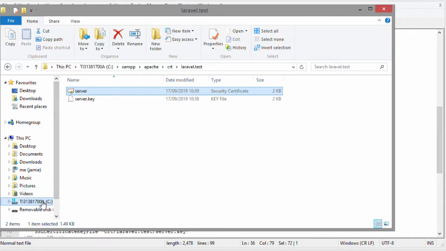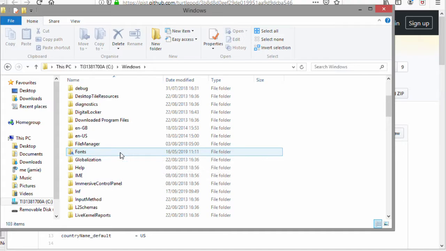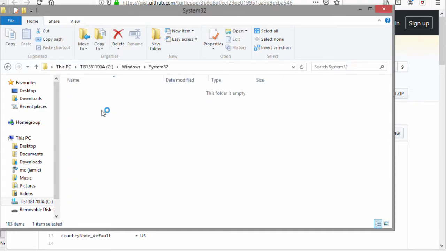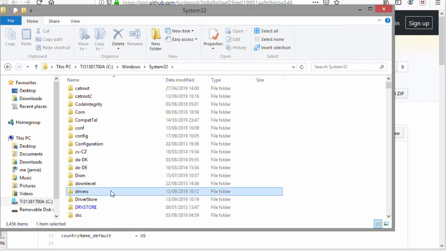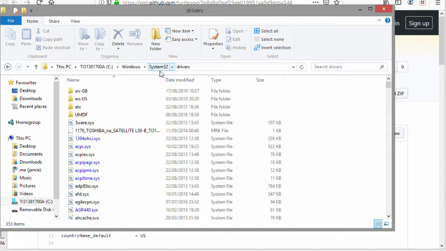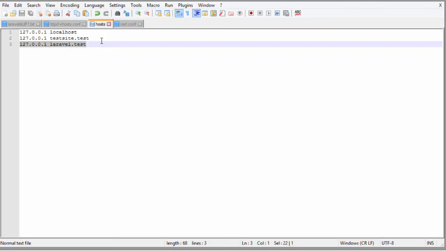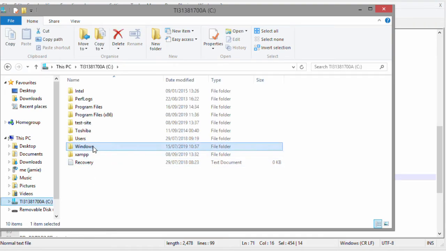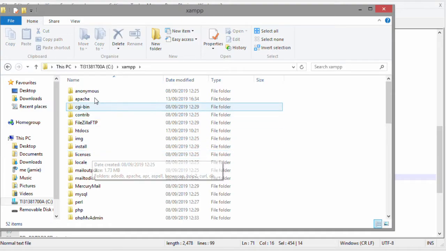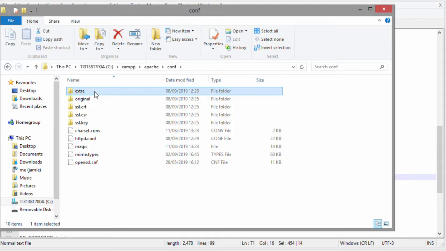If we come back into our C drive, then into Windows and System32 again, and then if we go into drivers, the Windows System32 drivers etc, and if we open our hosts again, we already have our domain name in here. We have one more file to edit. So if we come back into our C drive and into XAMPP, Apache, conf, extra, we want to